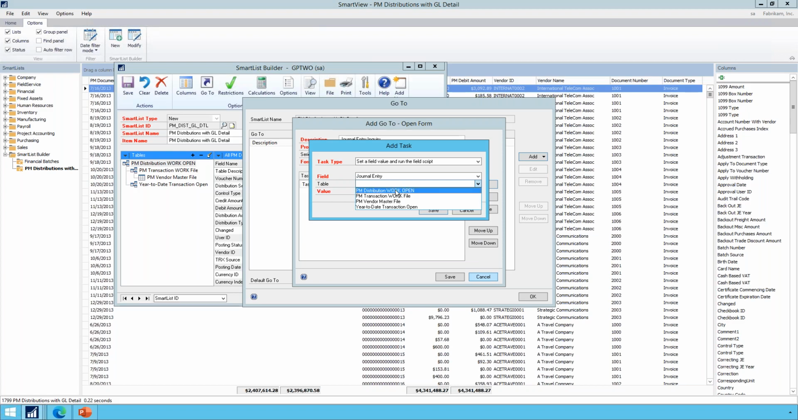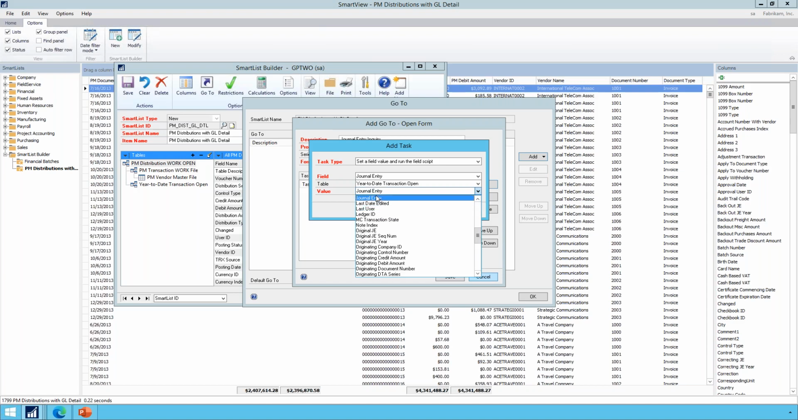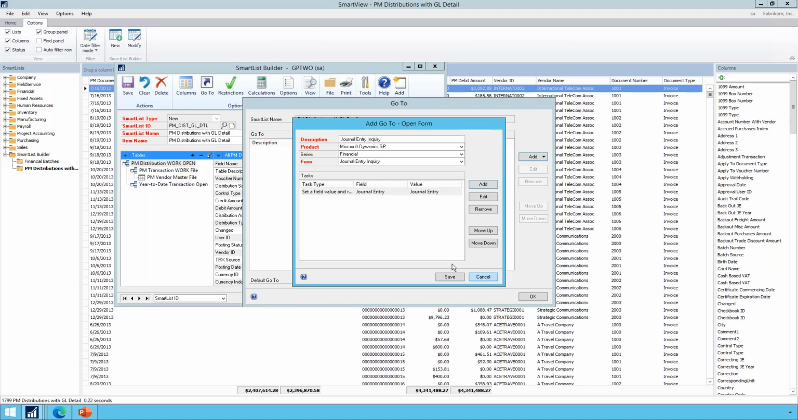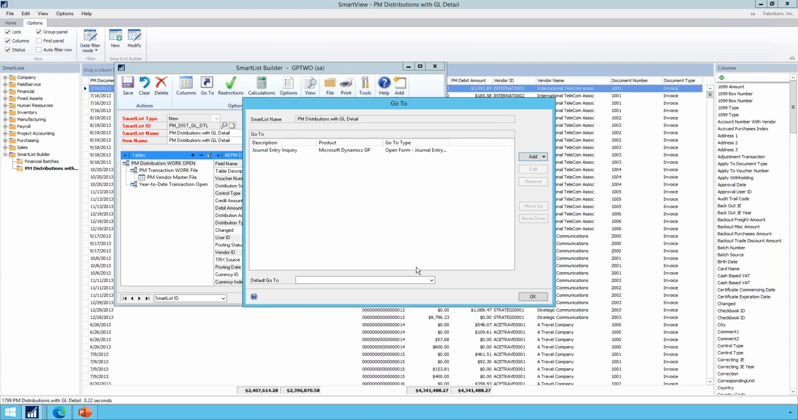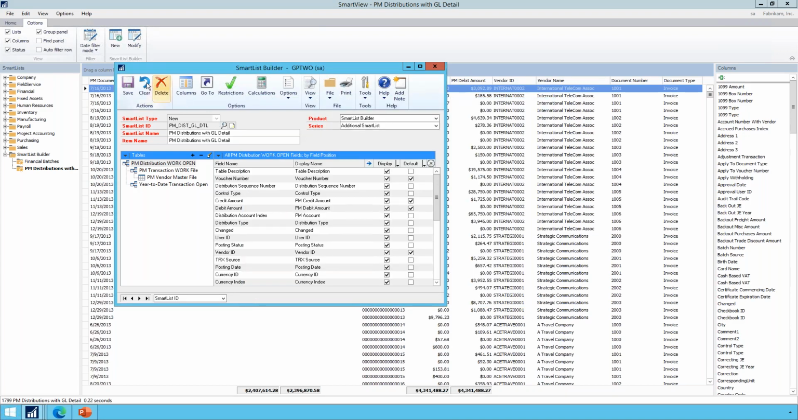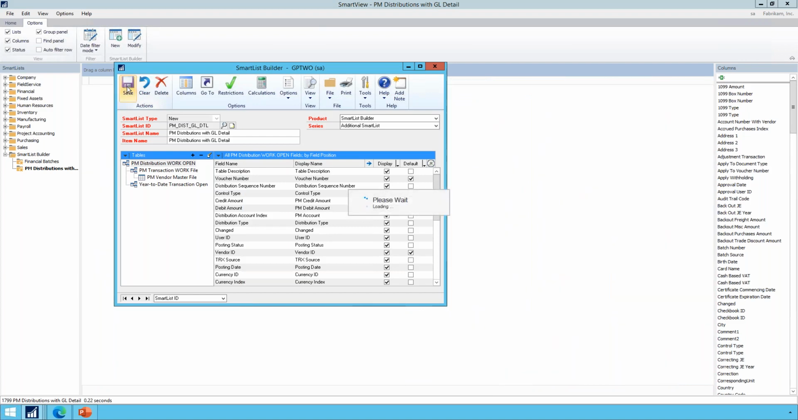And now what table does the journal entry come from? It's the year-to-date transaction open. And what field is it? It's called the journal entry field. That's what field I want to put into that field on that window. So I'm going to save it. Save this, and I'm going to make it the default, the double click go to. So if I say OK and save,